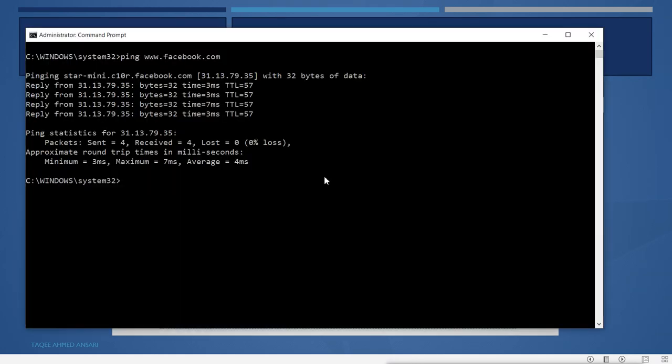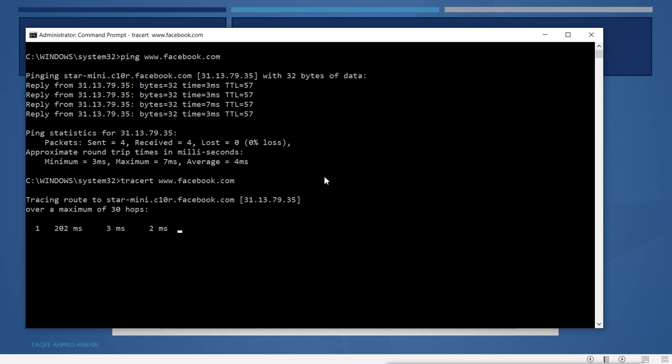Now on a Windows machine, if you are using the Windows command line, the traceroute command is tracert. On Linux machines, the command is traceroute, but for Windows machines, the command is tracert. So here I will try to do the traceroute for this site. Now see what it does. It will find the path.